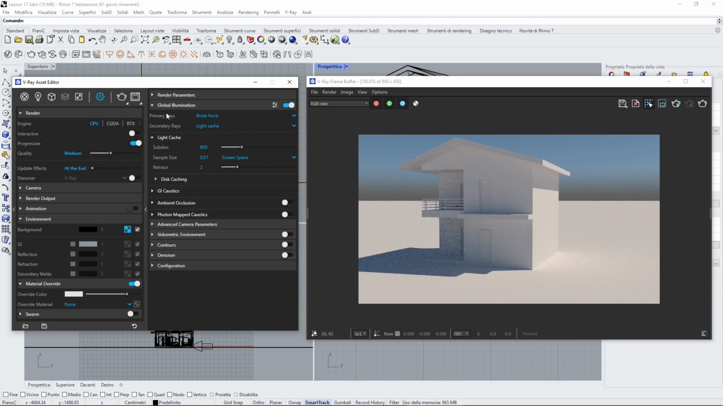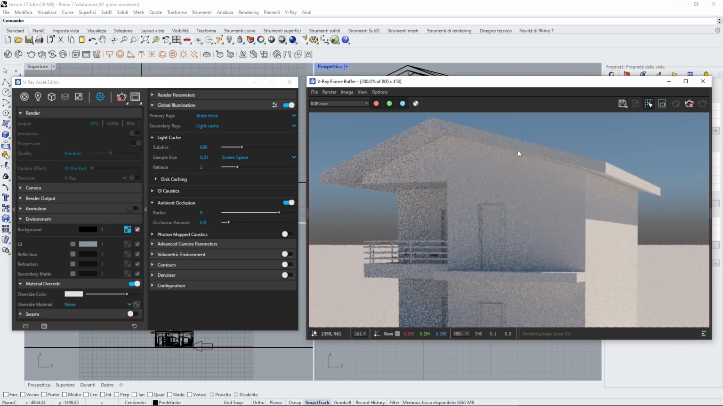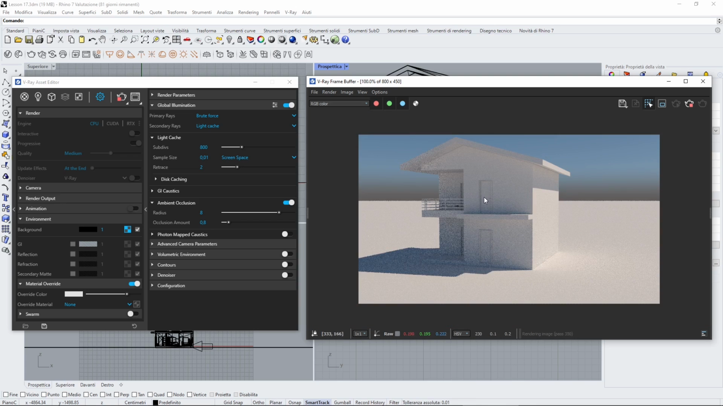Here you can see the primary and secondary rays, so direct and indirect, and here you have ambient occlusion. Let's turn these on right away and run a quick rendering to see the difference between the first one and this one here. Now we should see appearing all these little parts here, and also we can see the doors here and a lot of other details that before were